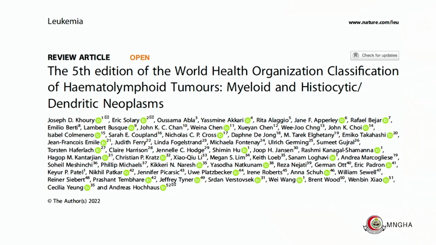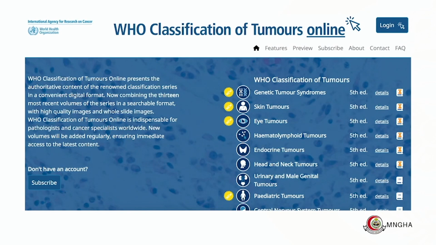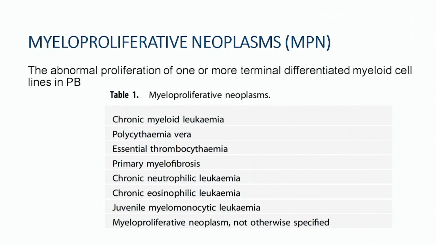So today I'll talk about the WHO updates on MPN and MDS, based on what was published last year in the Leukemia journal. I will also expand based on what is available online now as a beta version of the WHO classification for hematolymphoid tumors. Today my talk is only the updates in MPN and MDS, so I'll touch more on MDS, MPN if I